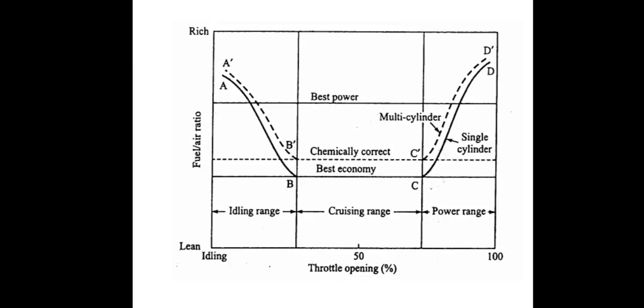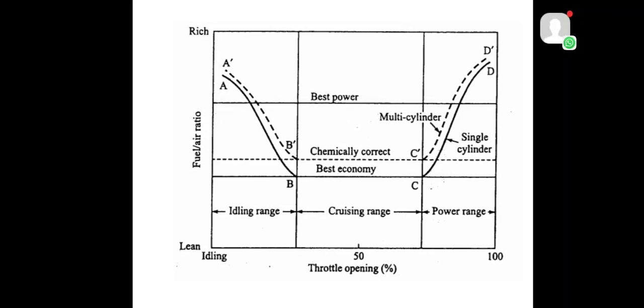On the other hand, the mass of the fresh charge induced on each intake stroke depends upon the manifold pressure, and therefore it depends upon the throttle position. The manifold pressure, and hence the mass of fresh charge induced during idling, are